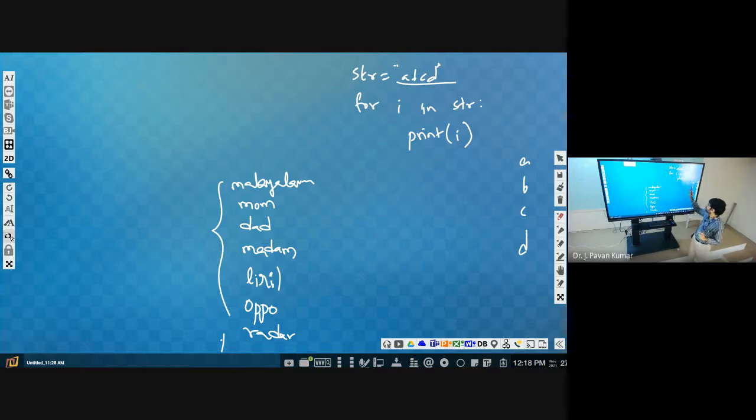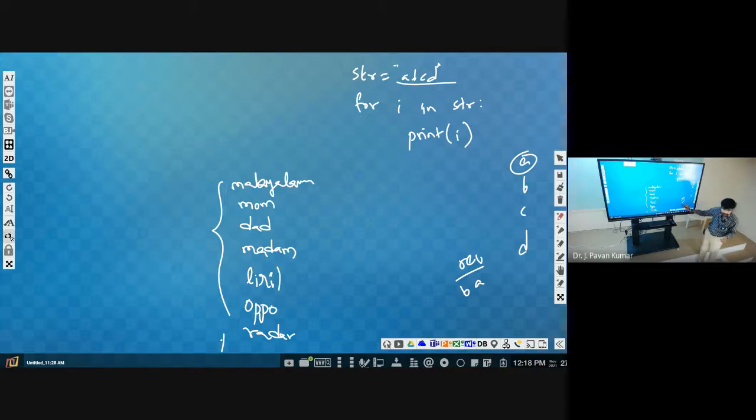Now, if you take A in the reverse string, how do we have to add? If you take only A, then A will be the reverse. Afterwards, if you take B also into consideration, then what should be the reverse? If you take AB as the input, the reverse should be BA. That means whatever reverse we have, we are appending this character to it. Next, consider up to 3 characters. Up to 2 characters the reverse is BA. If you consider C, where do we have to add?